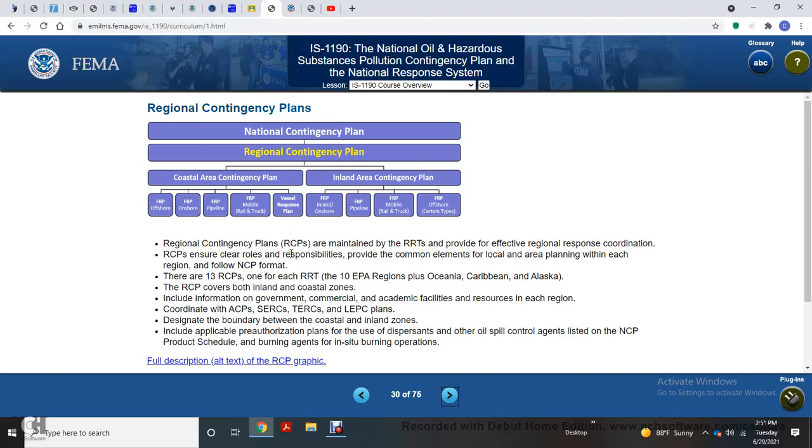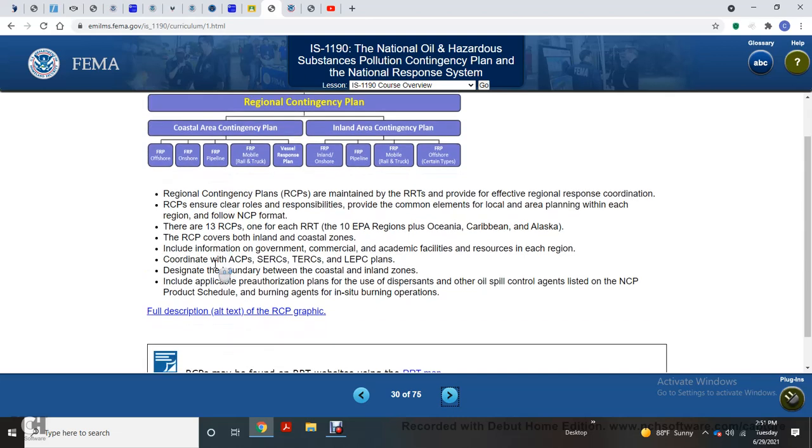Regional contingency plans show the clear roles responsible to provide common elements of local area planning within each region, following the National Contingency Plan format. There are 13 regional contingency plans, one for each regional response team: 10 EPA regions, the ocean, Caribbean, and Alaska. A regional contingency plan covers both inland and coastal zones, and includes information on government, commercial, and academic facility resources in each region, coordinated with the